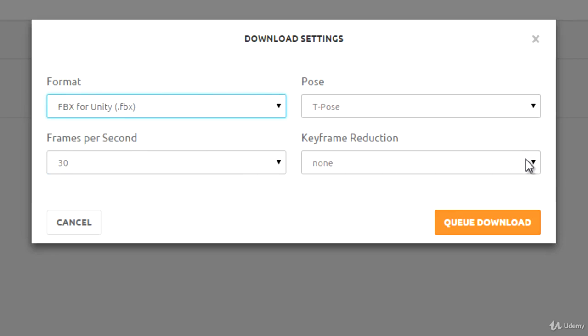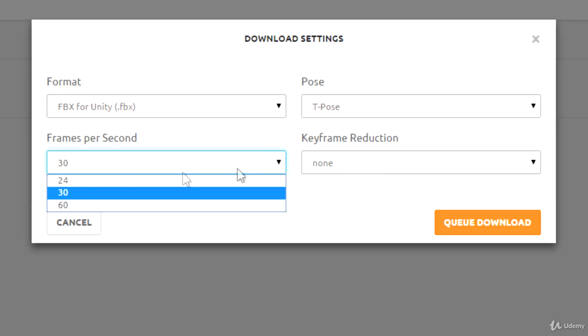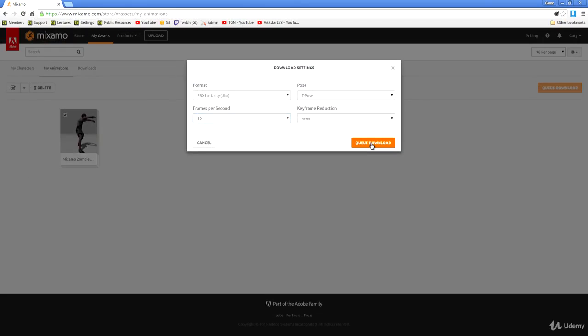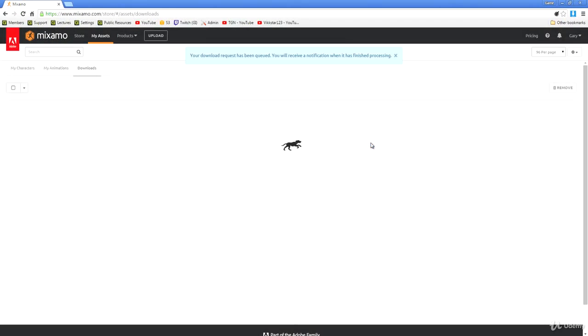I'm not going to choose to do any keyframe reduction. That's basically a compression technique which tries to eliminate keyframes from the timeline that are either duplicates or very, very fractionally different from keyframes that are bounding it. But Unity is going to do keyframe reduction on import if we need it to anyway, so I'm not going to do that here. And the frames per second of these animations, I think we just want to leave that at a default, 30 frames per second. That's fine. And I'm going to click Q download, and then there'll be a little bit of a pause while